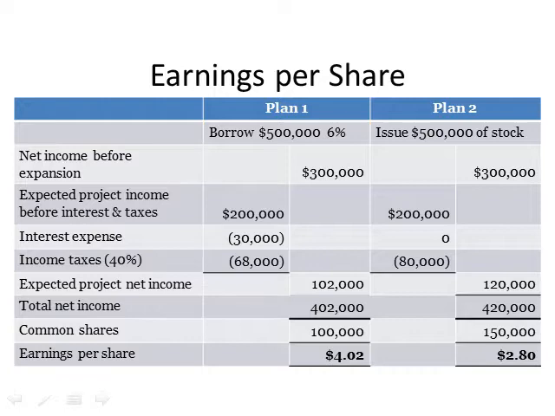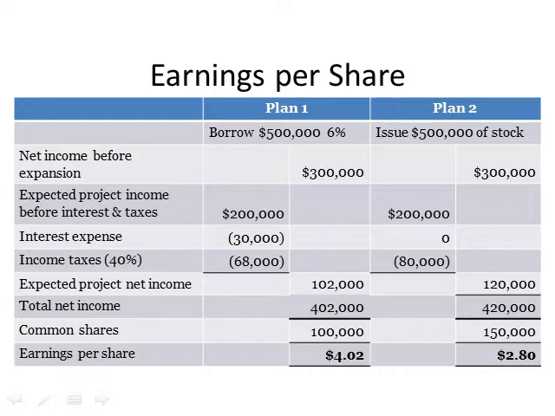Earnings per share, or EPS, is the amount of a company's net income for each share of its stock. EPS is the single most important statistic for evaluating companies because EPS is the standard measure of operating performance that applies to companies of different sizes and from different industries.